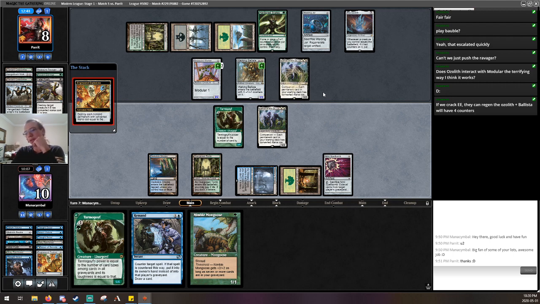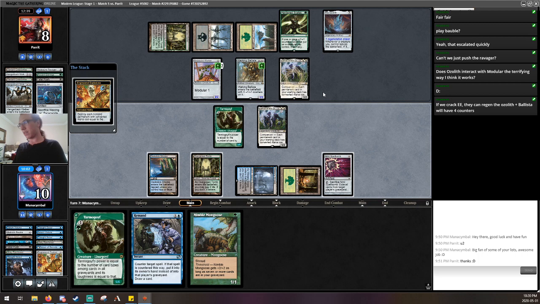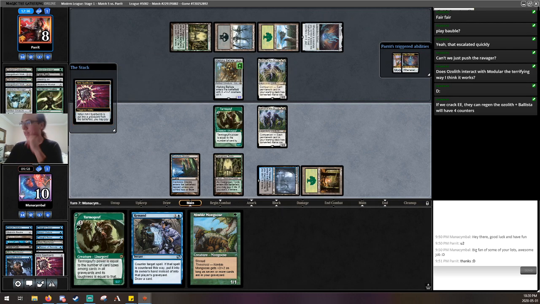They also might play around some spot removal in our hand. Like, that's potentially something they will do here. Okay, so yeah, they regenerate the Ozolith as anticipated. So this is going to kill Hardened Scales, Arcbound Worker, and cause the Ozolith to regenerate, which is not relevant. We're going to target the Walking Ballista with the...